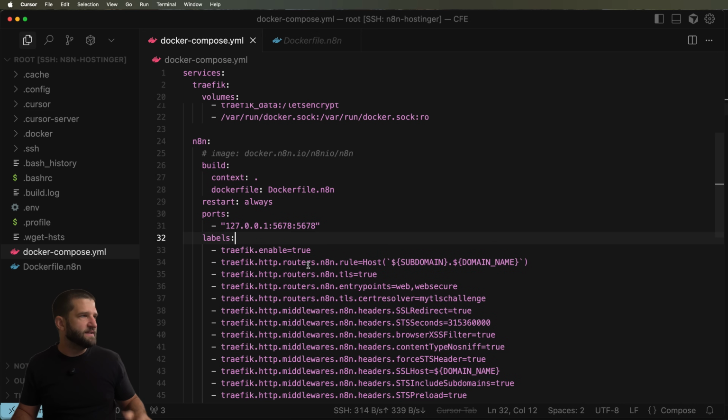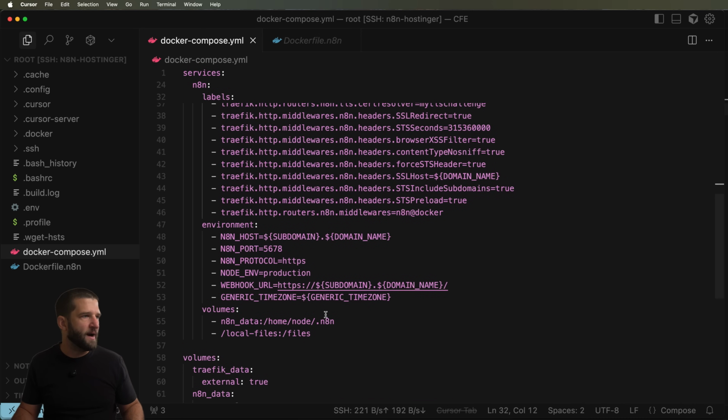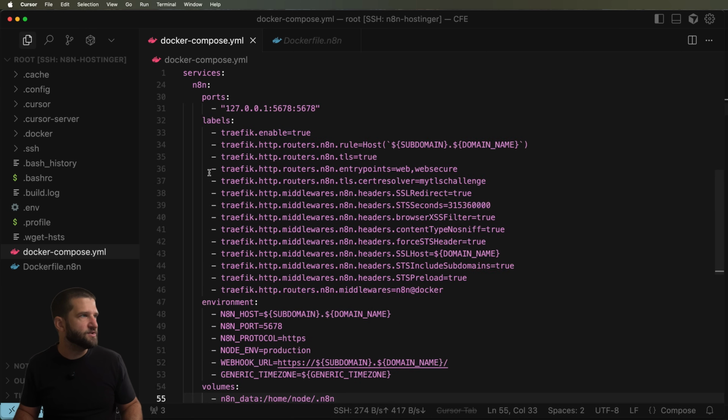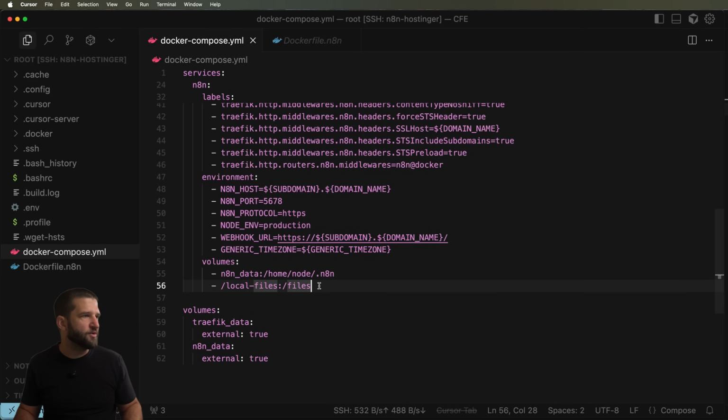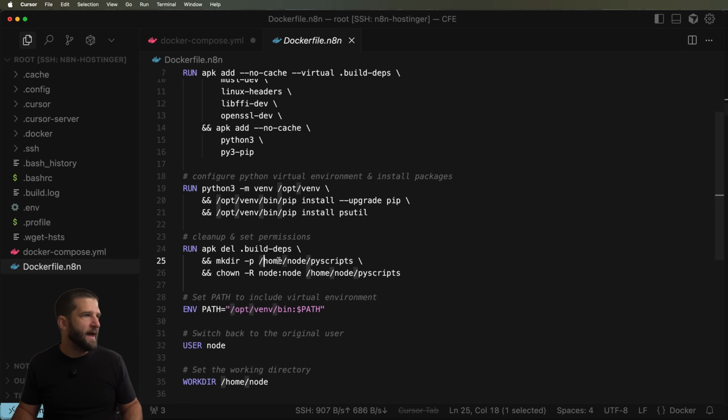Okay, so the idea now is how do we actually modify the Docker Compose file to have our own PyScripts? Now, before I actually write out the volume that we want, which is what it comes down to inside of n8n, you're going to bring in your own custom volume here. The important part is I actually make the directory we want it to go to, and I change the ownership to the correct user. So this directory was very deliberate because the user we'll end up with is the node